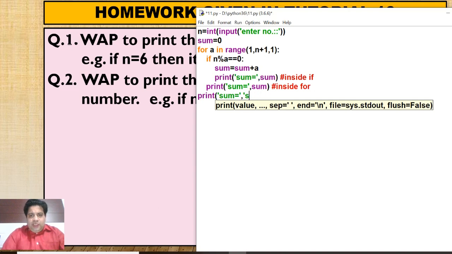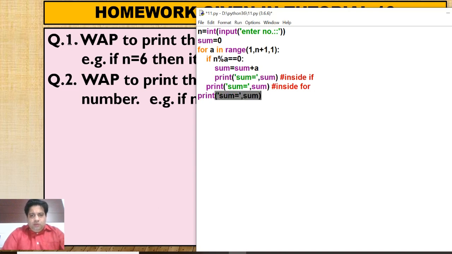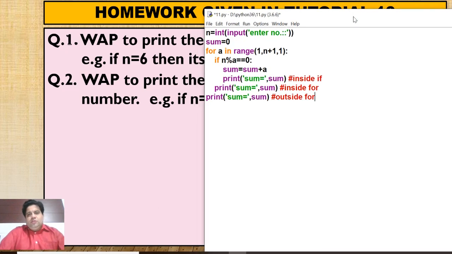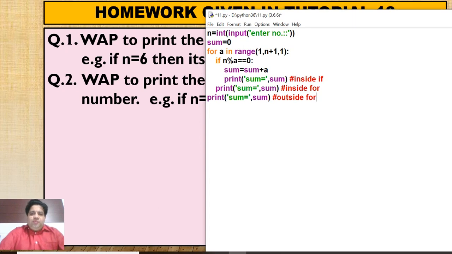Now you have to decide which line is logically correct. So for this I will explain again. If there is a single line output, so always write the print statement outside the for loop.